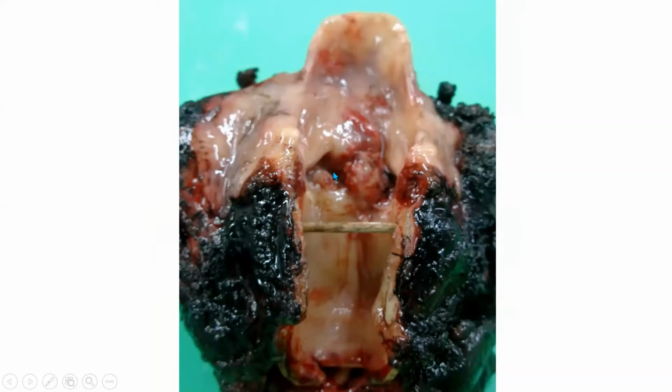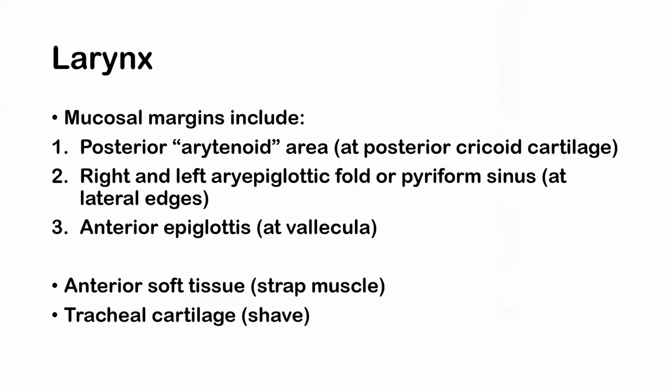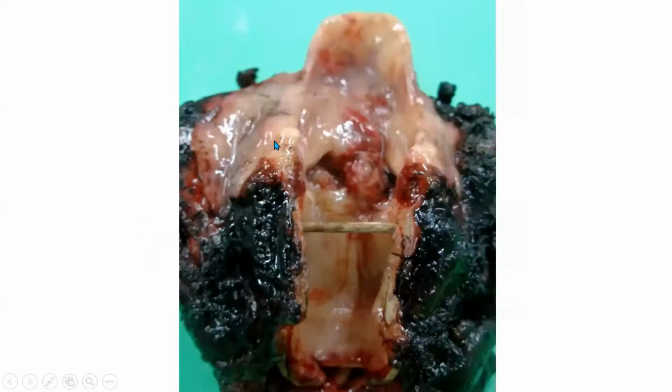And then we assess the distance of that tumor to the different mucosal margins. So the mucosal margins that are taken are posteriorly, we take the posterior margin, which is actually the arytenoid margin. Then we have the right and the left lateral margins, which are basically at the PFS or the AE fold margins. And anteriorly, we take at the base of